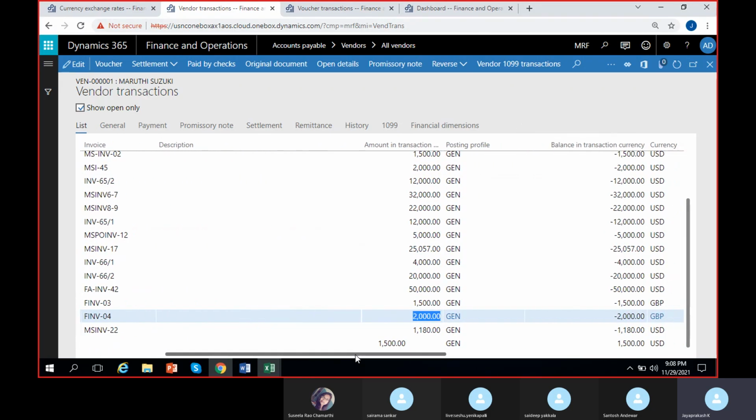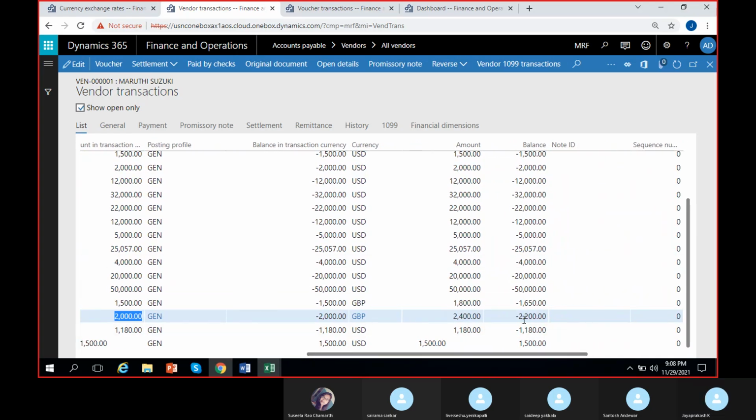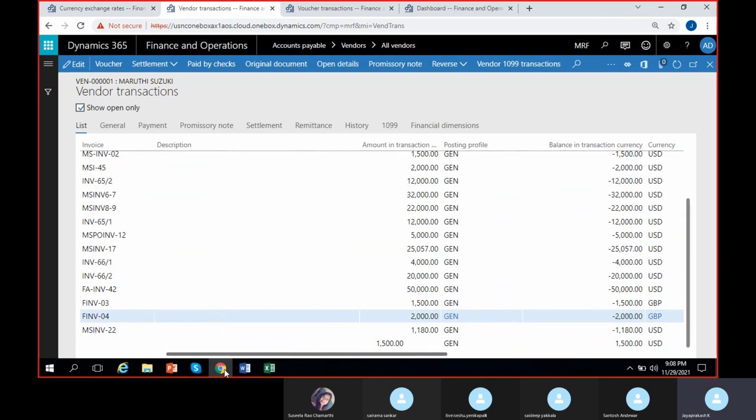If I move it slightly right, see here, balance it is showing as 2200 only. Amount in accounting currency was 2400 when recorded, but now the payment that you have to do is showing as only 2200,